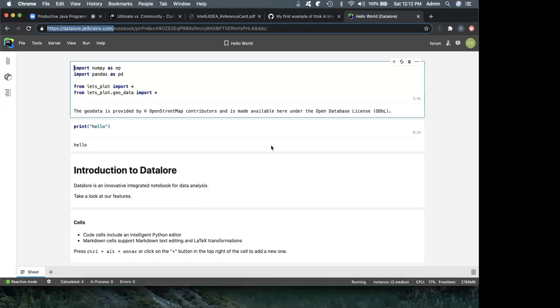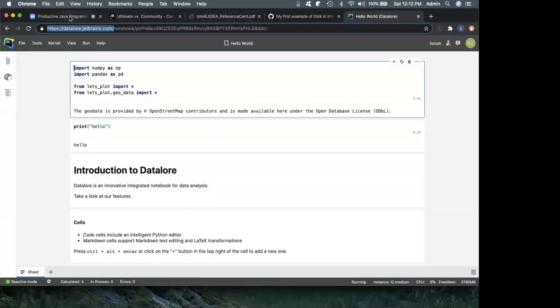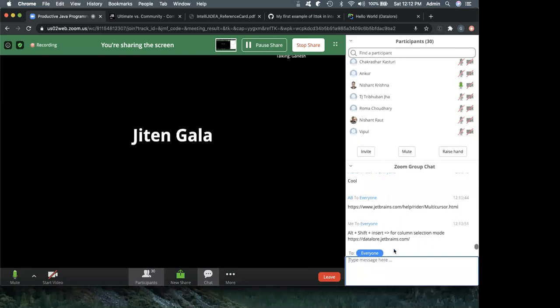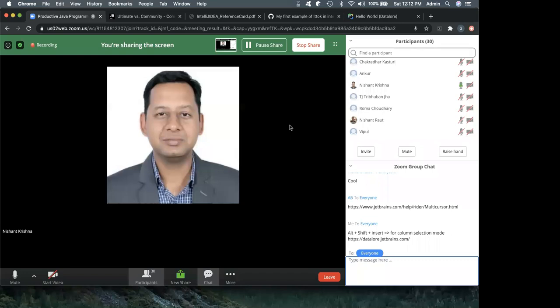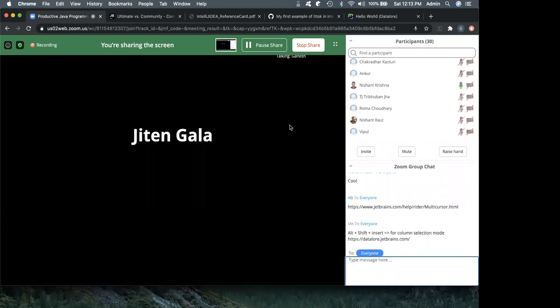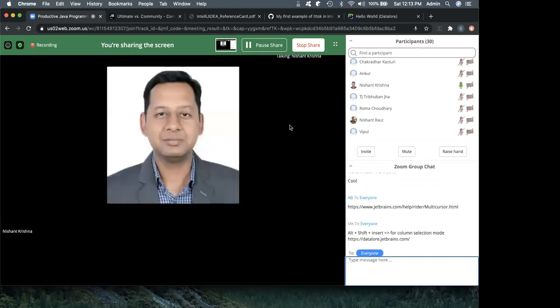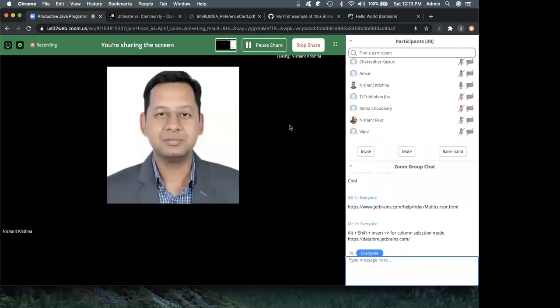Okay, cool. It's not released yet, but there was a customer who did a beta, and they were very happy with that. So I will share the link for Data Lore. So guys, you can check it out. Ganesh, do you know if Data Lore is going to be a standalone desktop application or it's going to be on the cloud? As far as I know, it's going to be on the cloud. Okay. But for data science, the desktop version will be the new PyCharm edition, meant for data scientists. Okay, great. Thank you.